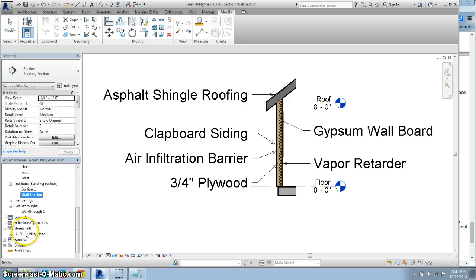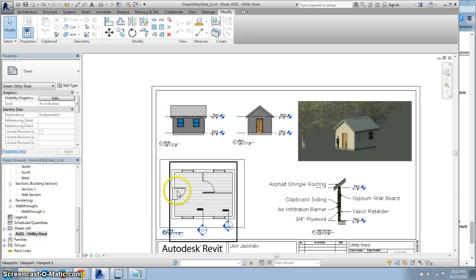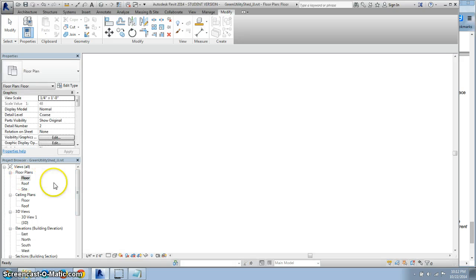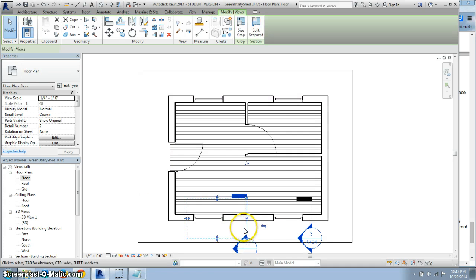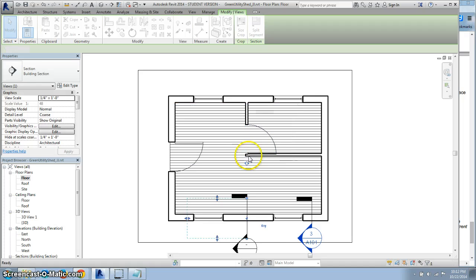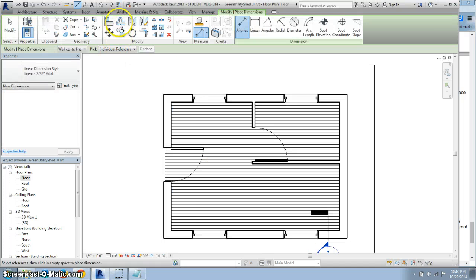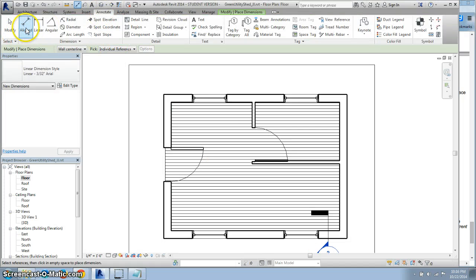Oh, the last thing I needed, what I don't have on my floor plan, are dimensions. I need dimensions on that floor plan. I need to know how big that is, how big the room is inside. So again, go back to my floor plan. I don't need 2 sections. I'm going to delete this other one here. So now I can go to annotate and align dimensions, or there is a little shortcut up here as well